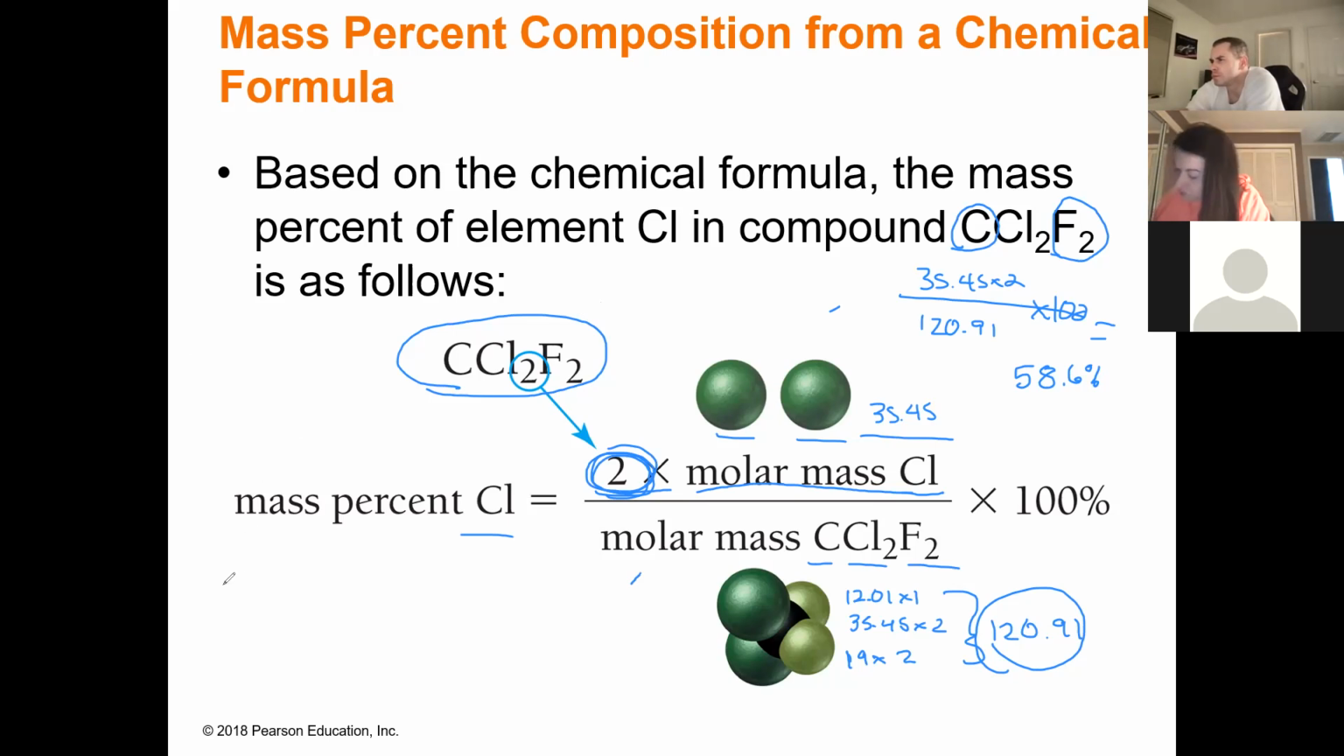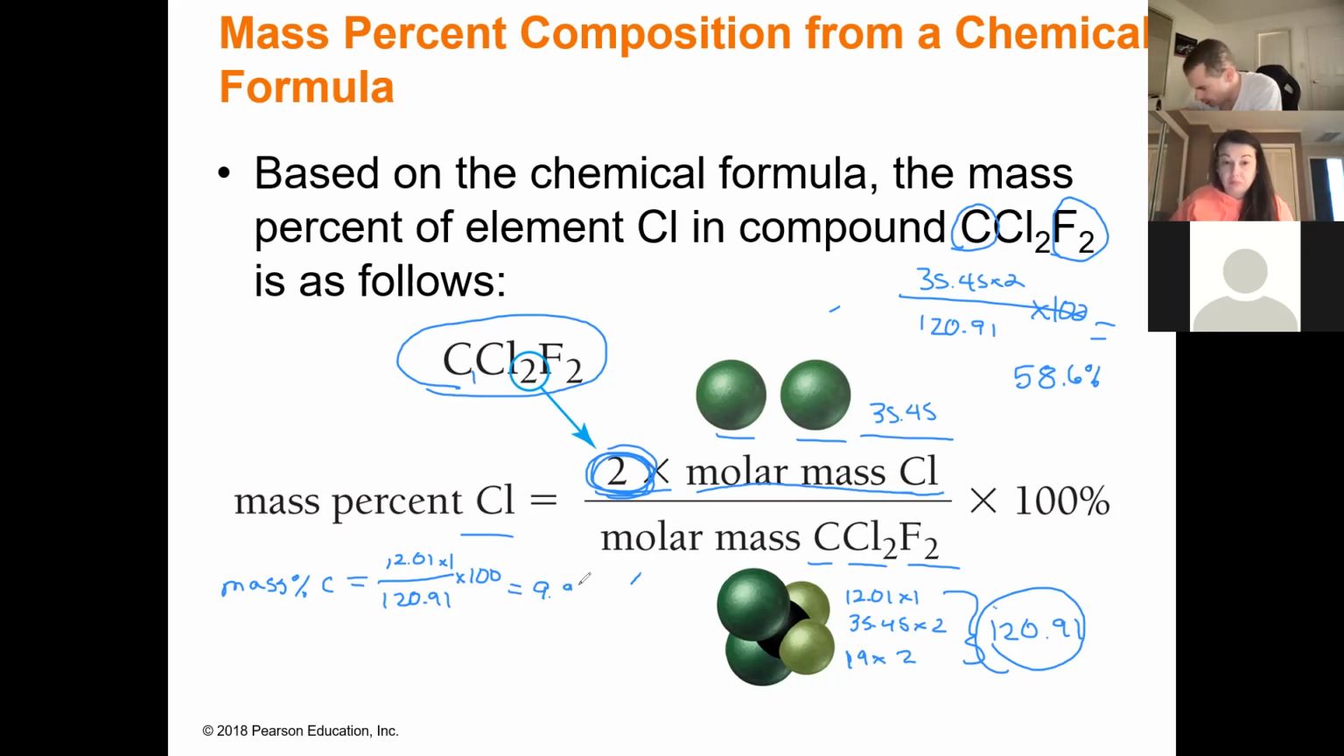Okay, so if we want to do mass percent of carbon, we're going to take the mass of carbon, which is 12.01. We only need to multiply it by 1 because I only have 1 in the formula. And then I'm going to divide it by, I've already calculated the molar mass of the compound. It's this thing here. So I can just fill that in, 120.91. And then, sorry, I always forget to do this when I'm doing mass percents. Okay, times 100. So we take the 12.01, we divide it by the 120.91, and multiply by 100, I get